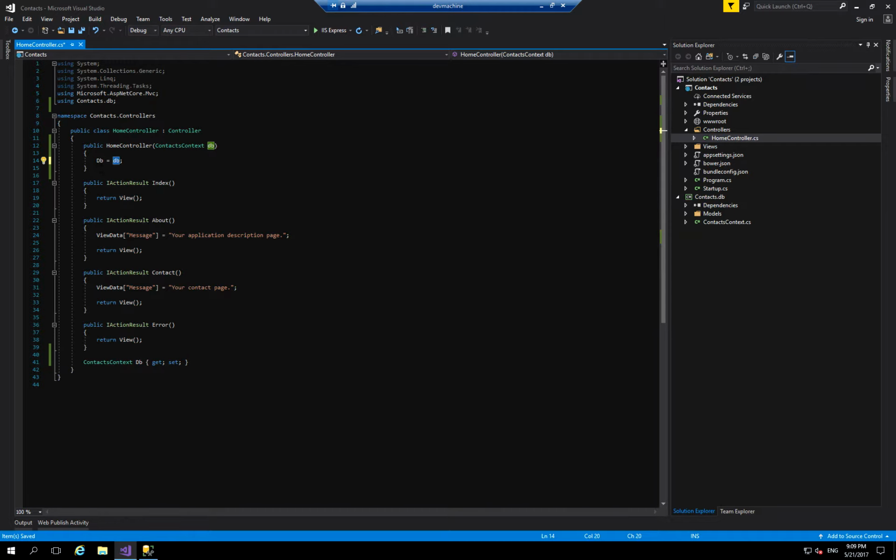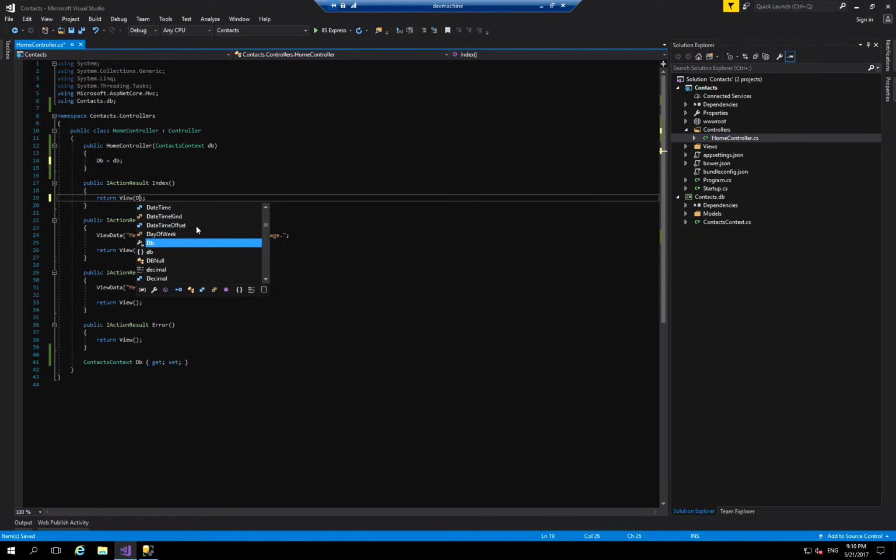So now, since I have this property set, I should be able to access it anywhere within this instance of the request, within any of these actions. What I'm going to show you real quick is I'm going to simply return the table information from the people table and pass it back to the index view. So I'm going to modify this index action to return the db.people